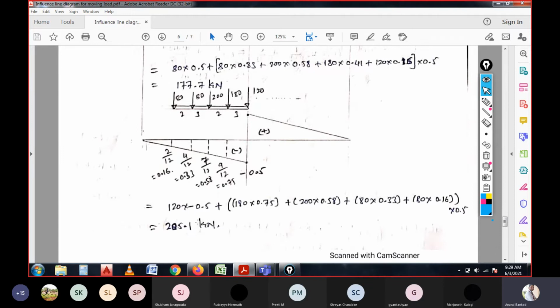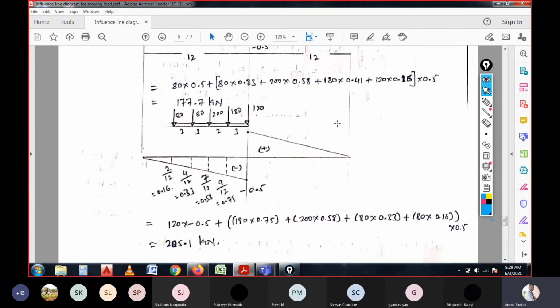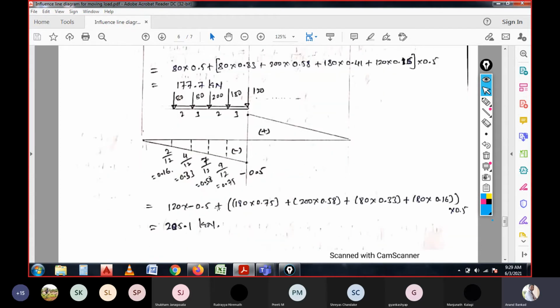So again it is considered the same. So 120 into minus 0.5 here, minus 0.5 which is considered on the left side of the section for negative shear force. And here a sign convention is shown, but we have already said that it is the negative shear force we are calculating. So how much the value will be obtained is written. Whichever section you place it in, it is the maximum shear force. The negative and positive shear force is considered only because the load position is denoted with that sign value. But